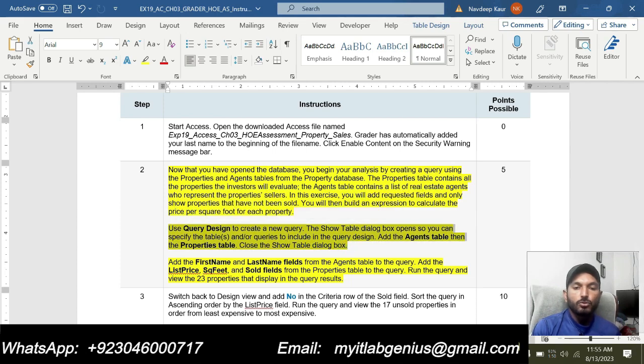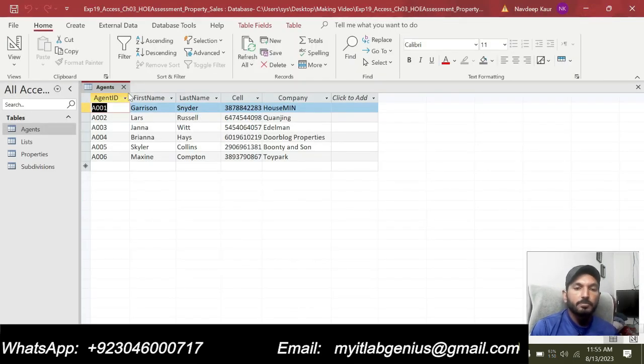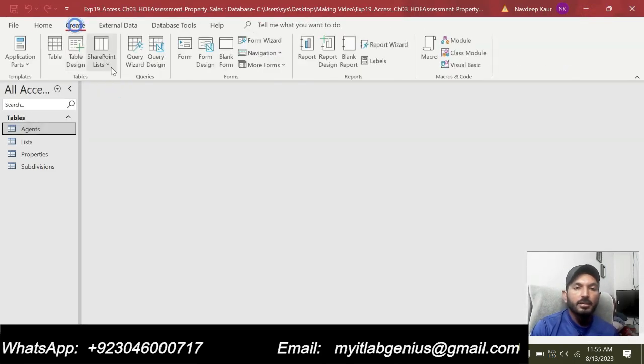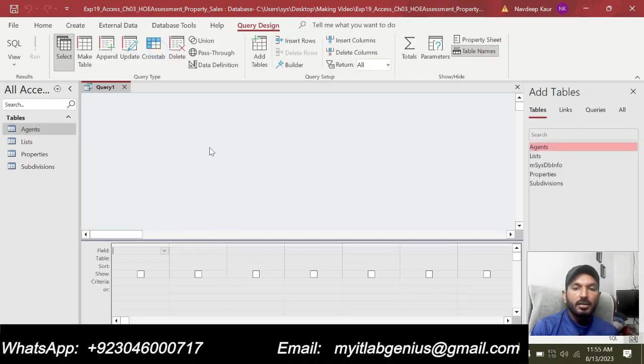So we are supposed to use the query design to create a new query. Go to Create, click on Query Design, and now we are supposed to add the tables.